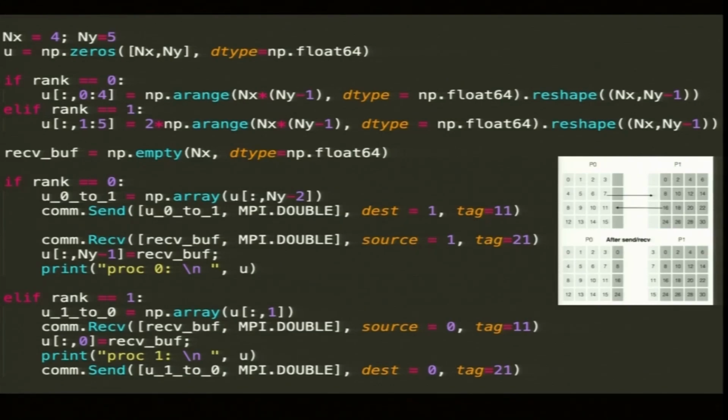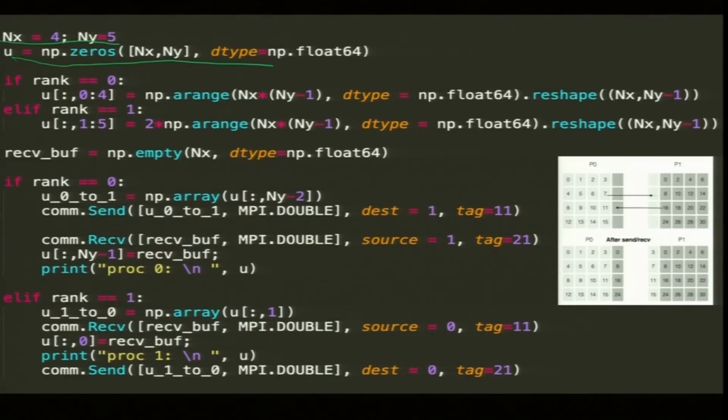Okay. So, the code is reasonably easy. I create, as I said, 4 rows and 5 columns, nx is row and ny is column, and start with 0. Please keep in mind that this code is running on both the processors. There is no global program; there is a single program which is running on all the processors. So, in parallel programming, that is a trick. In MPI, the same program runs for multi-processing, multi-threading, and some functions are running on different things. This is what you need to keep in mind and learn.